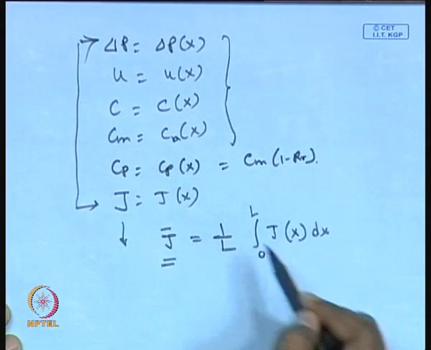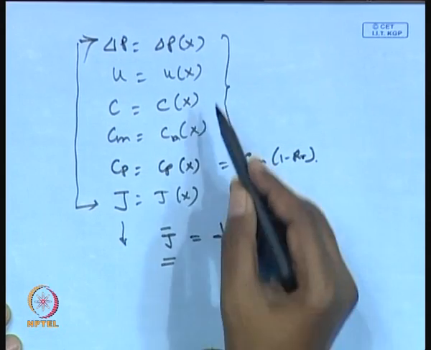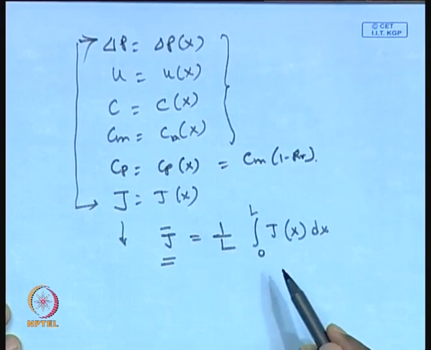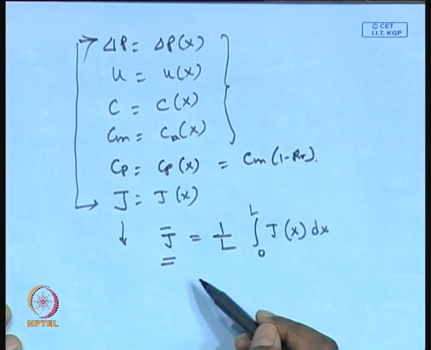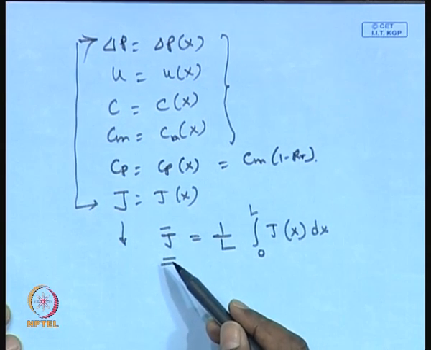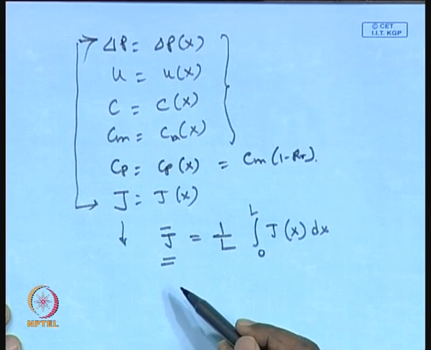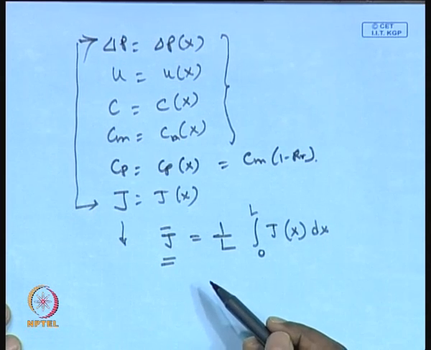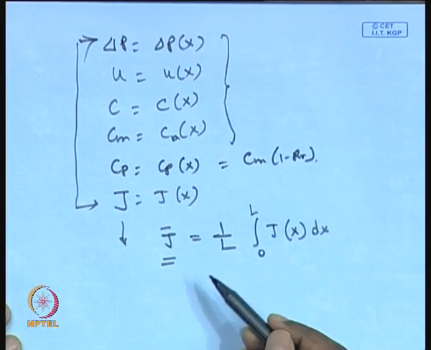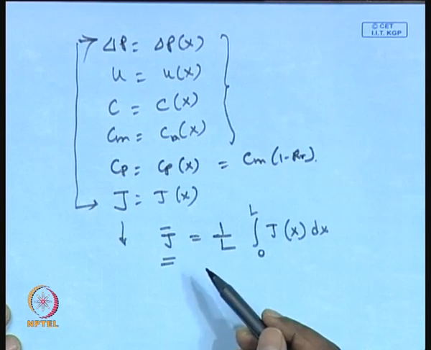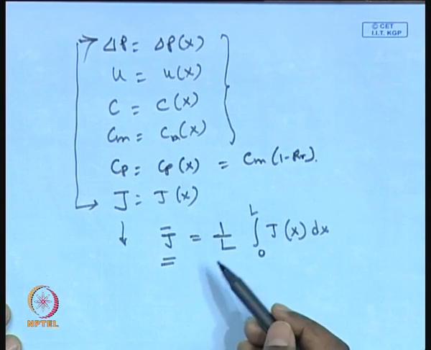So you have to guess a value of the length average permeate flux, redo these calculations, and once you get the profile, do a Simpson's averaging over the length, calculate the length average permeate flux and check whether they are equal or not. If not, you have to iterate once again. Okay. So that is how we have to do the actual module calculations or module modeling.